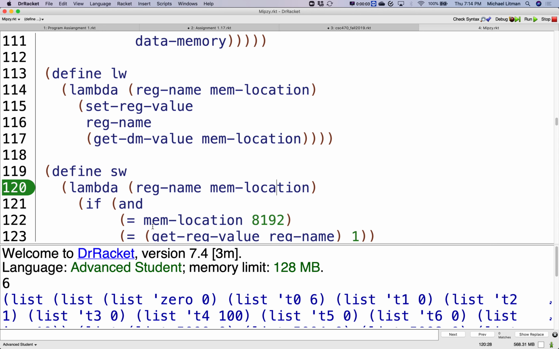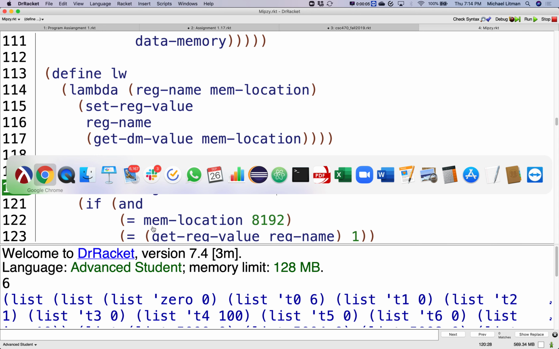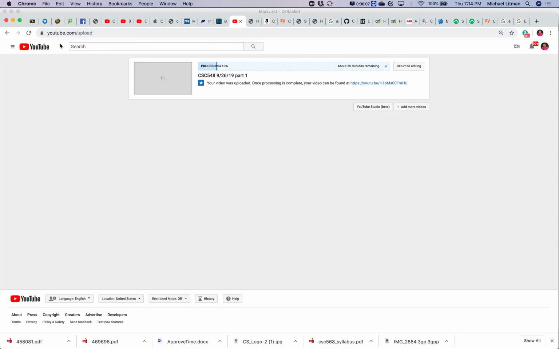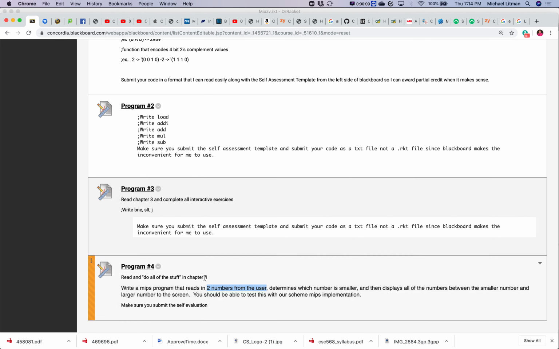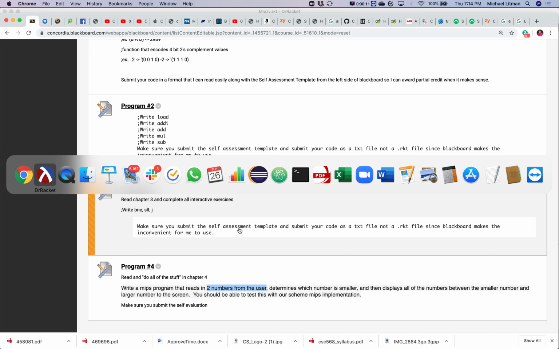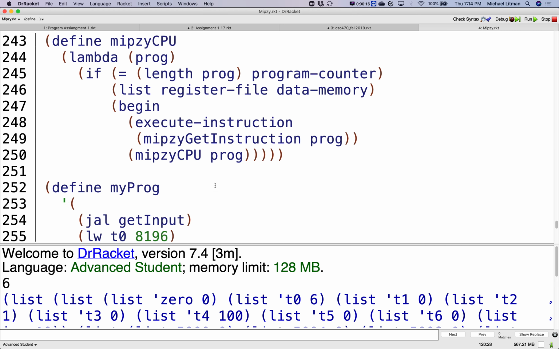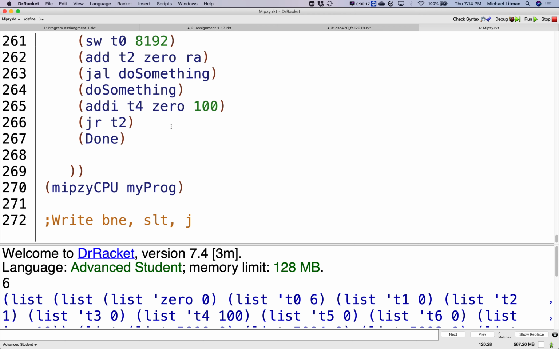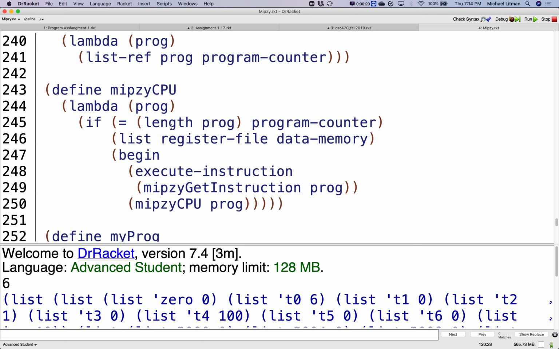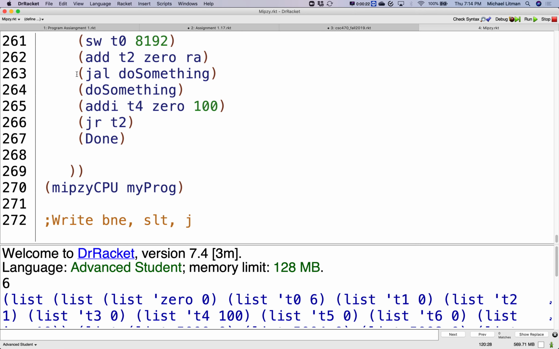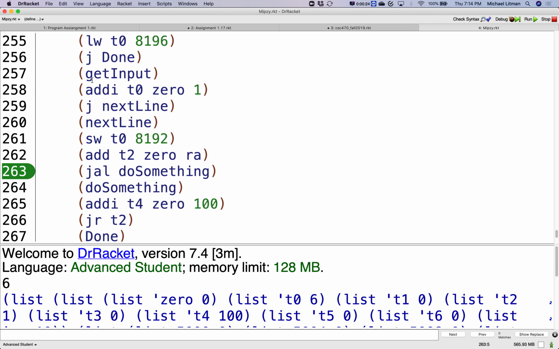All right. So the homework assignment. Well, first we need to do some I/O stuff, right? So I think down here we need to put the 1 in memory address 8192. Yep. So what we're going to do is